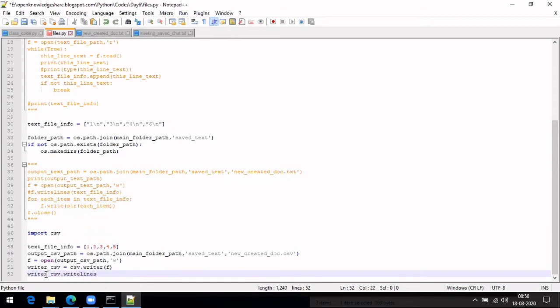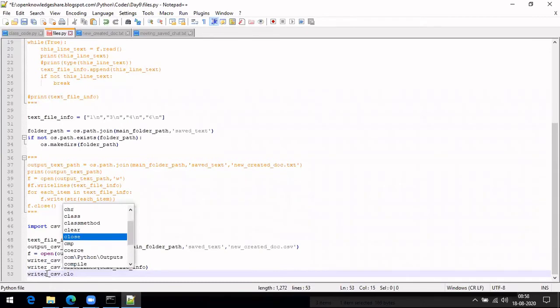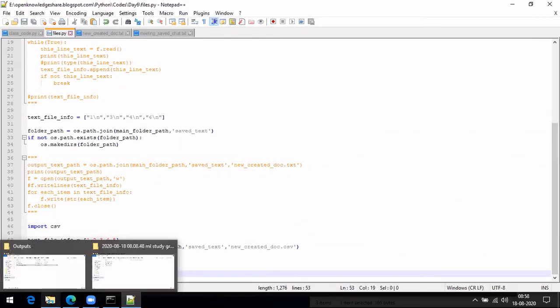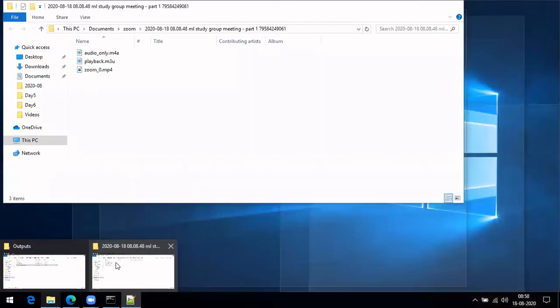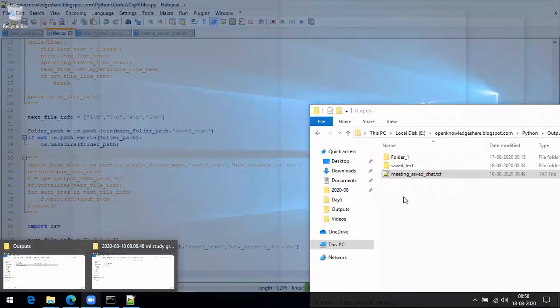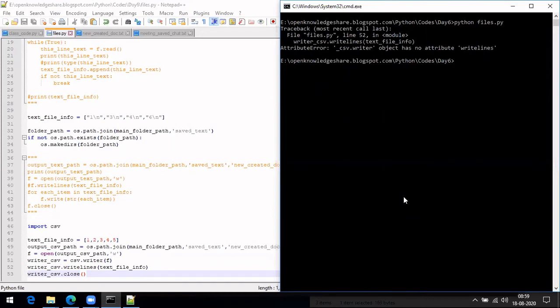I can do it like this. Initially, if it is a list completely, let me try doing this and check what exactly will come. And once you are done with writing, you can do close. Okay, let's see what exactly this is going to give. Okay, Python says it's not writeline.